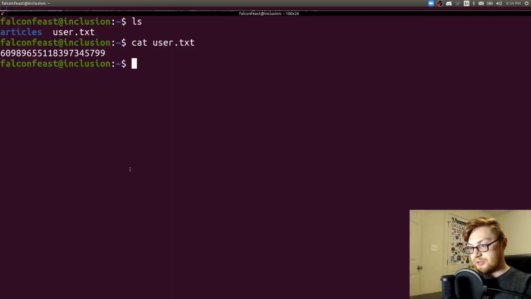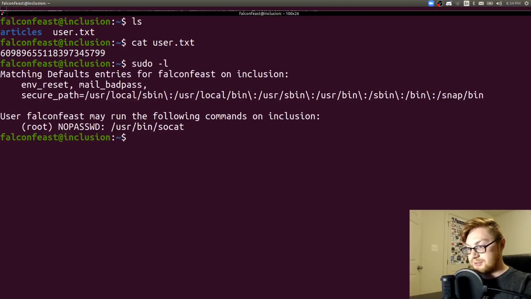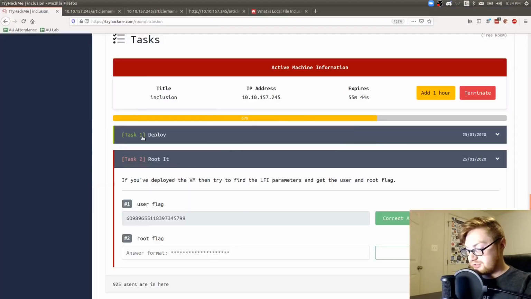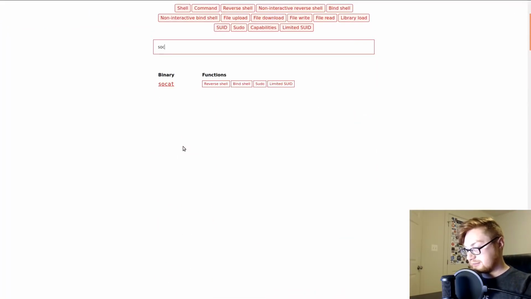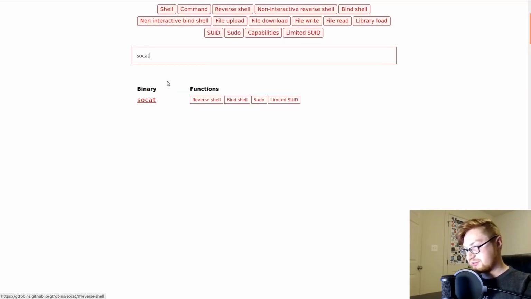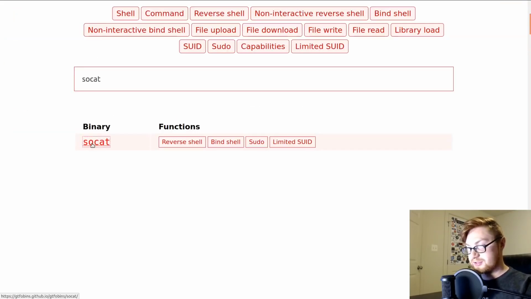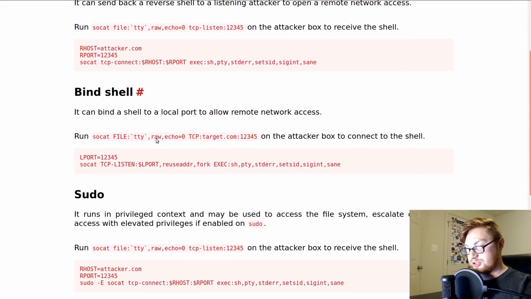And now we also want to probably escalate our privileges to be root. We could run linpeas, but let's just verify, is there anything we can run with sudo? Looks like we can. We can run /usr/bin/socat without a password. So let's check GTFOBins. Fantastic resource for doing potentially malicious things with built-in binaries that we might see on a system. Socat can get a reverse shell, a bind shell,